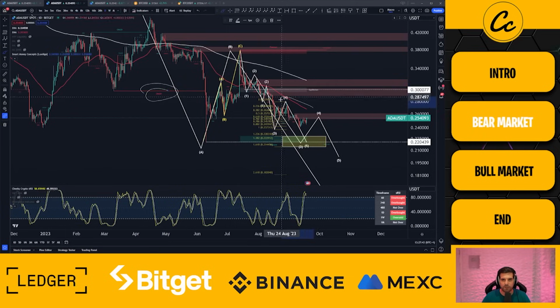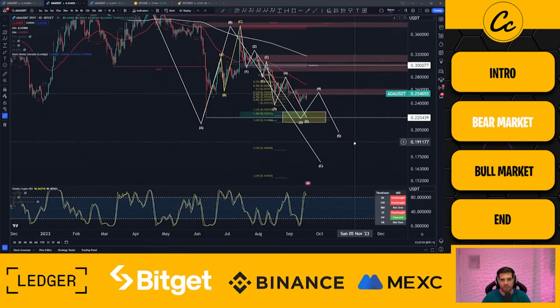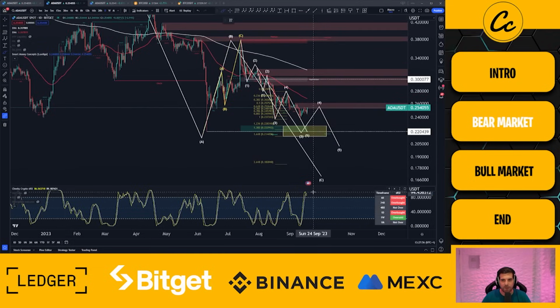We are, of course, below the 50 EMA and below the 200 EMA, the 50 EMA being below the 200 as well, confirming everything is not looking overly strong on the daily time frame. We can obviously compound this down a little bit further as well by being up in this overbought area on the stochastic RSI on the daily time frame as well. So overbought on the 4 hour, overbought on the hour, overbought on the daily. You kind of get the idea.